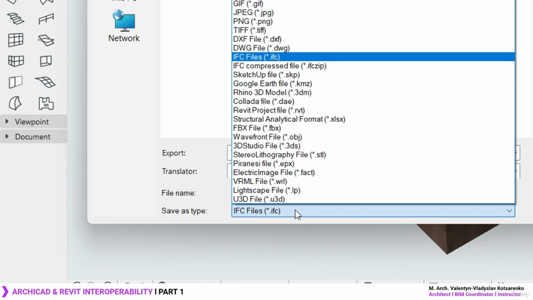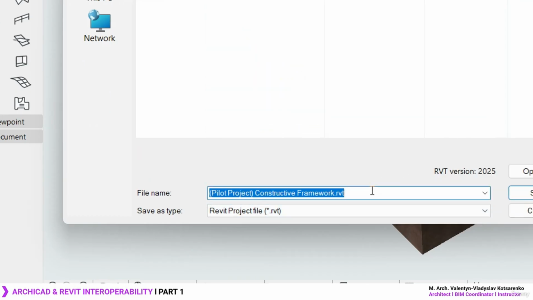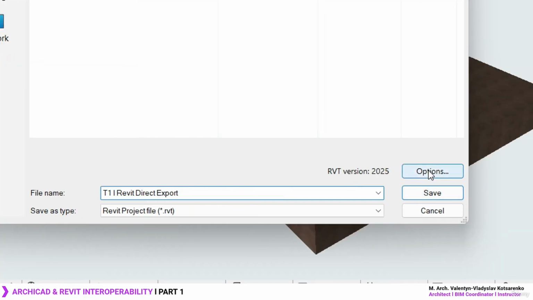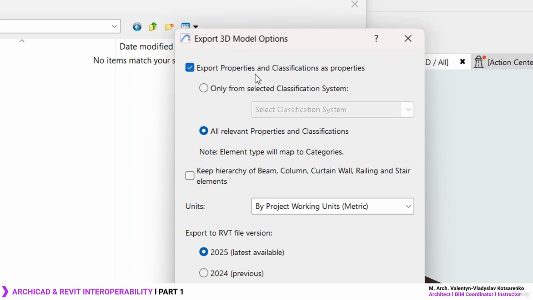So make sure you select this one, Revit project file. Let's name this test number 1, Revit direct export, something like that. Okay, and then in options we can also hit over here to visualize a little bit about how you want